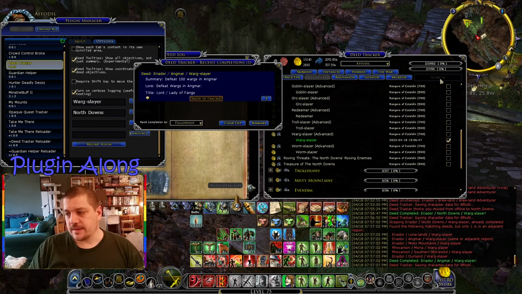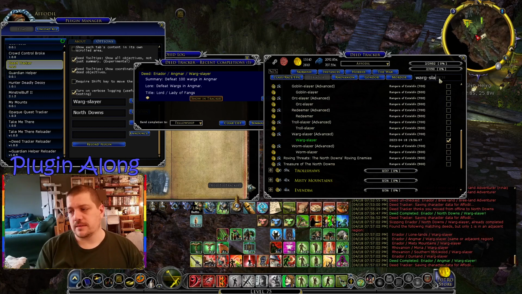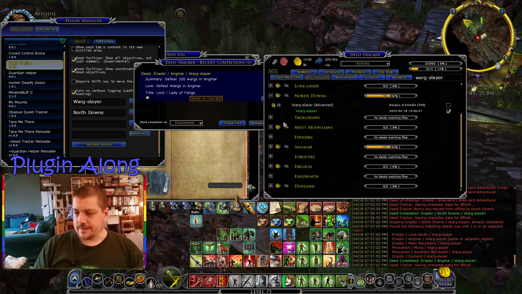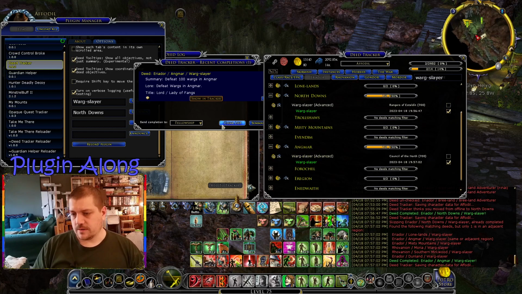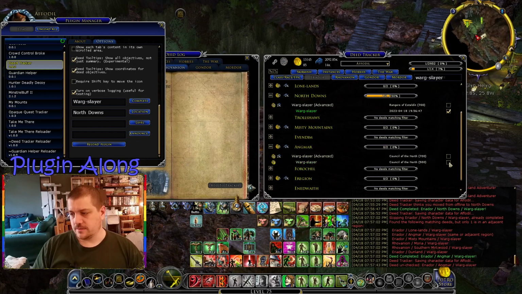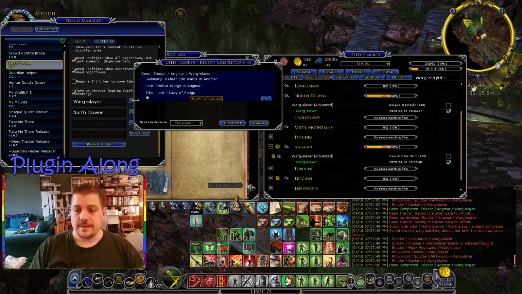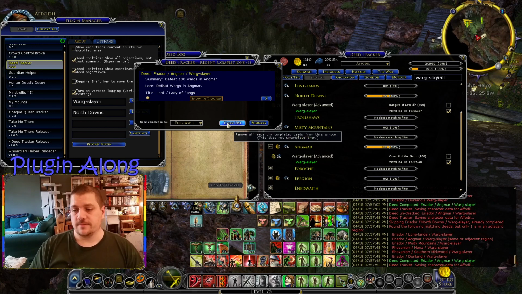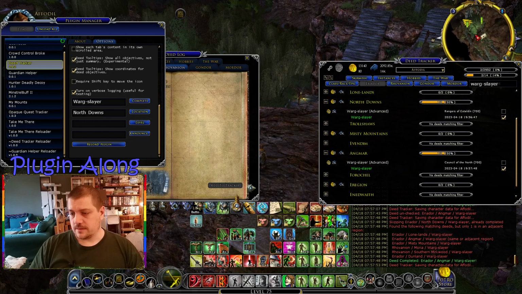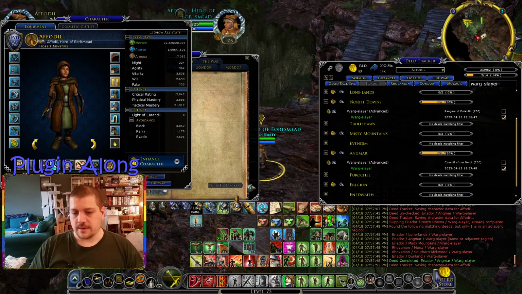So that's not great. We're going to come back in, Warg Slayer, and we're going to expand Angmar. We're going to go ahead and clear that list and undo that completion. It's replicatable. If I uncheck that and I complete the Warg Slayer quest again, hey, you completed Warg Slayer in Angmar. It does give you the Lord of or Lady of Fangs title, which is pretty cool. You know what? Let's do it. I don't need to be the hero of